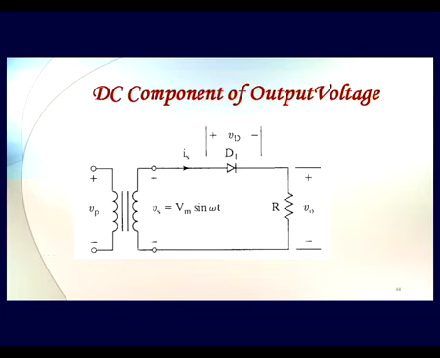Now, as you know, since we are successful in removing the negative half cycle of the input signal, the DC component of that particular circuit output is going to be different than 0 volt. How much is it going to be? Let us just calculate with a small mathematics, not very complicated.